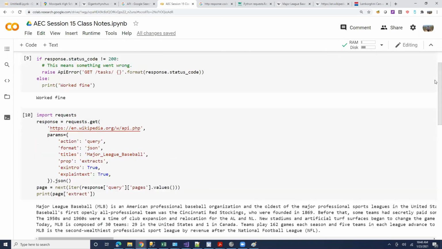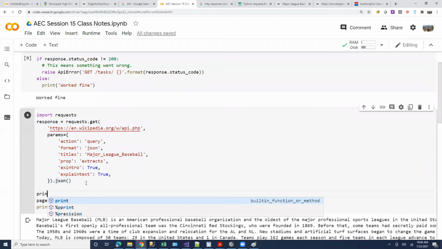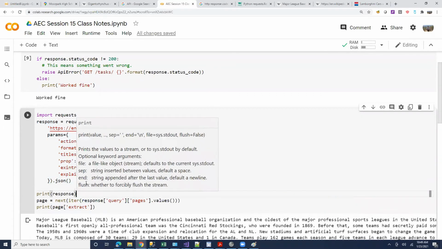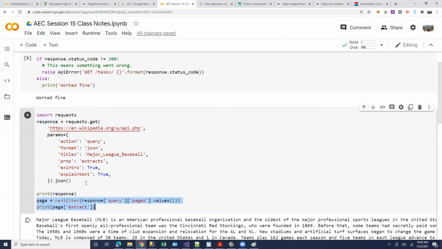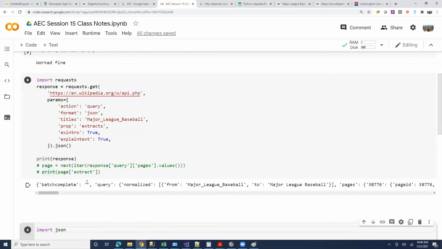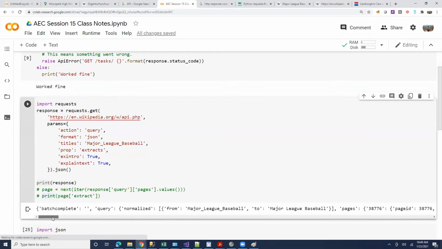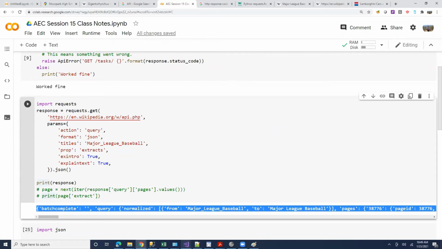Okay, cool. So continuing with our previous example, as I mentioned, we went to Wikipedia's API. We posted some parameters, and Wikipedia gave us a JSON response because we asked for a JSON response. Let's see what the response looks like. Can you see this response? It's like a dictionary, right? This might be hard to see, I'll copy paste this.